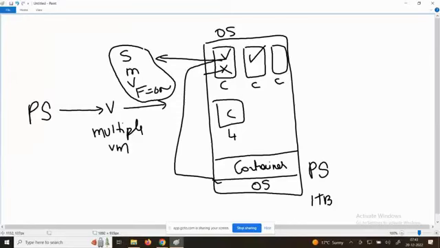Anyone has any questions? It's not yet done. So containerization is there. In this, what is the biggest disadvantage? You have a lot of advantages. What are the disadvantages? This is also installed on a physical server. As he has already pointed out, if this physical server is not working, what will happen to your system? Entire system not working, right?